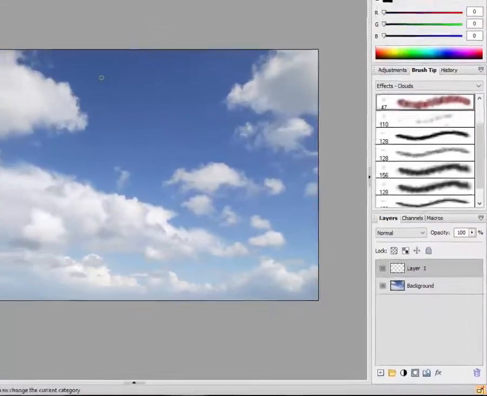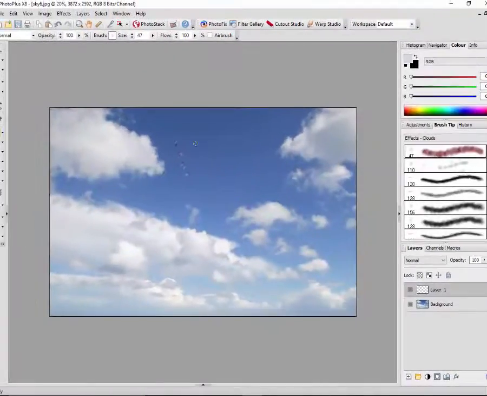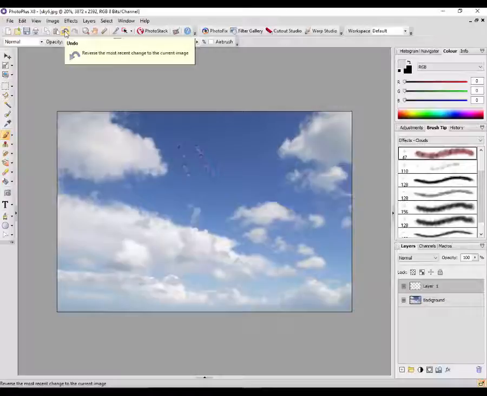So if I just click on the sky now, it's not that brilliant, because the spacing is not set at a very good level. So what I'll do is I'll undo all of those that I've done there,